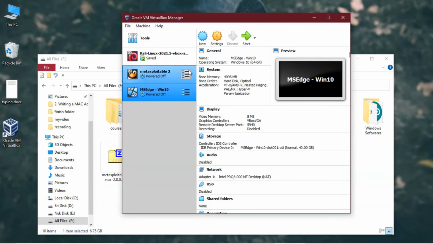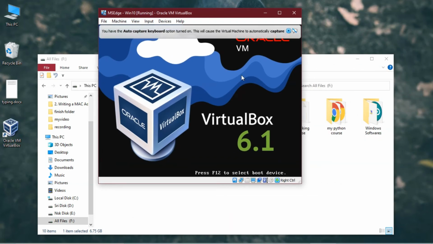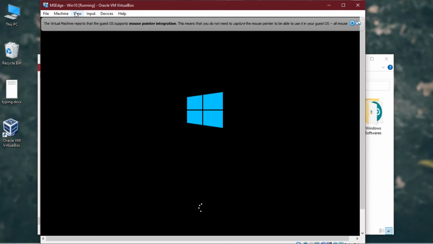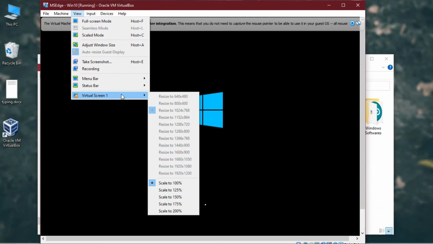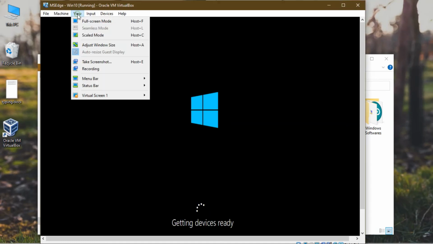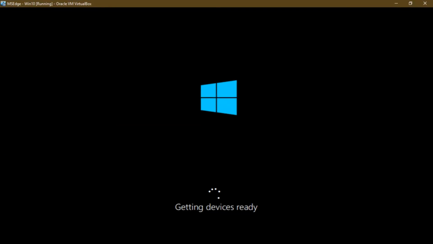Okay guys, now everything is completed. It's successfully imported. We need nothing more to install, just start it. I'm minimizing the screen. You see, it starts loading automatically. If you want to resize the screen, go to this. Once it boots up, you can resize the screen and increase the font size, or adjust it by clicking here to scale mode. If you full screen it, it will adjust to the device.